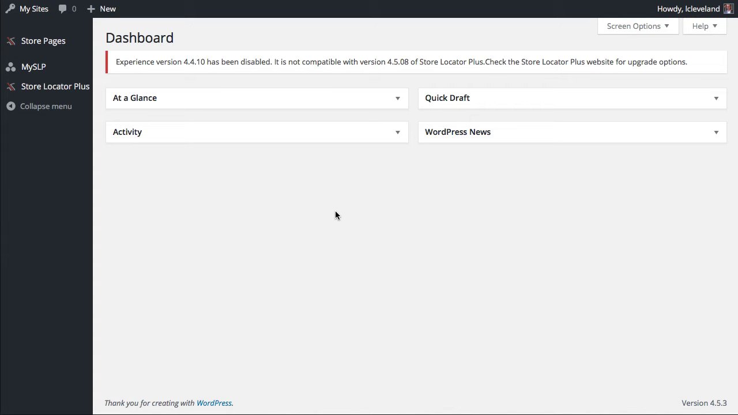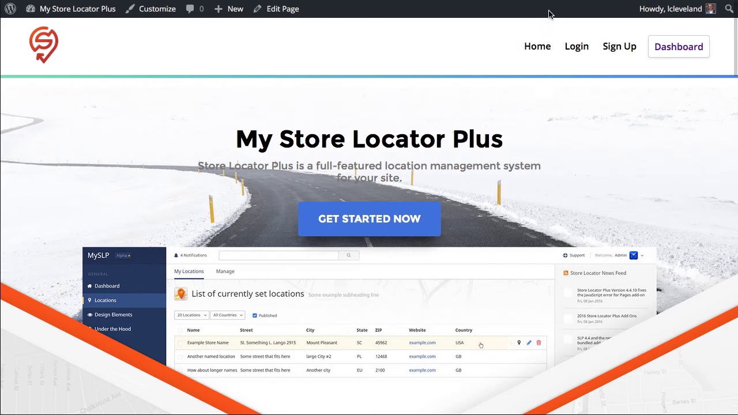That was a major update to the database engine in Store Locator Plus 4.5.08 that allows us to do some cool things with add-on packs. It also allows us to do some cool things with the new service we're launching the end of this year,